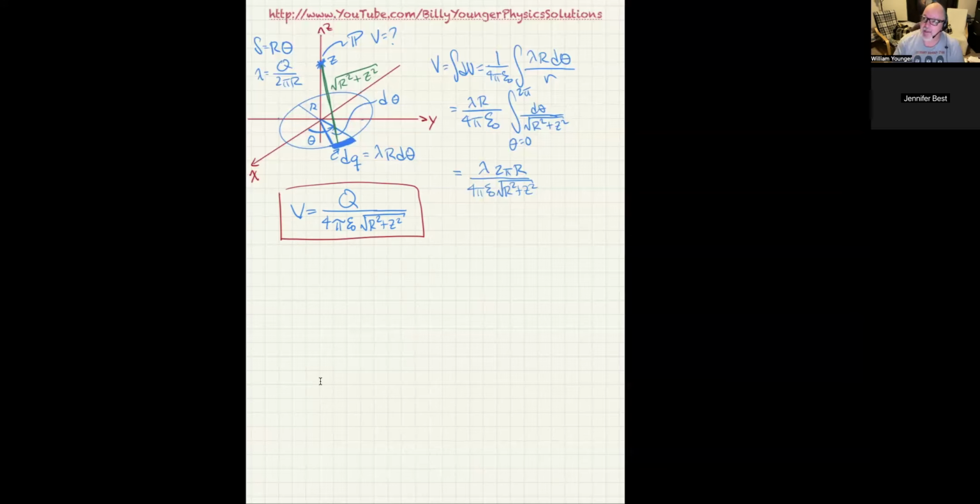And that's part of that litany of facts that I told you about in chapter 7 when we talked about conservative forces. Basically, if you find that a force is conservative, then the force has a curl that's identical to zero. That's one of the issues. Of course, if any one of these are true, all of them turn out to be true. So if you find the curl of a force is identically zero, meaning it's zero no matter what coordinates you plug in, then you have a conservative force.